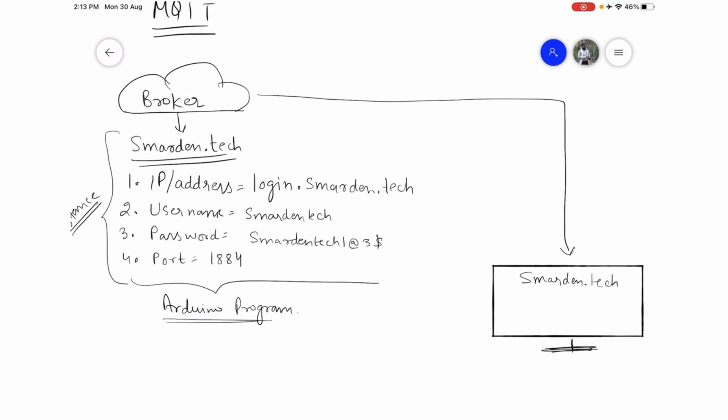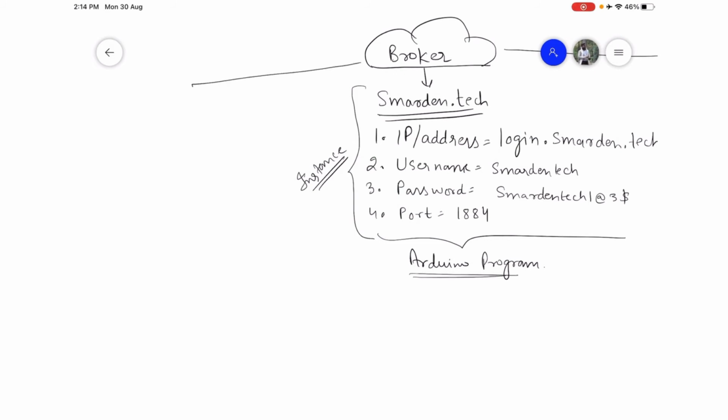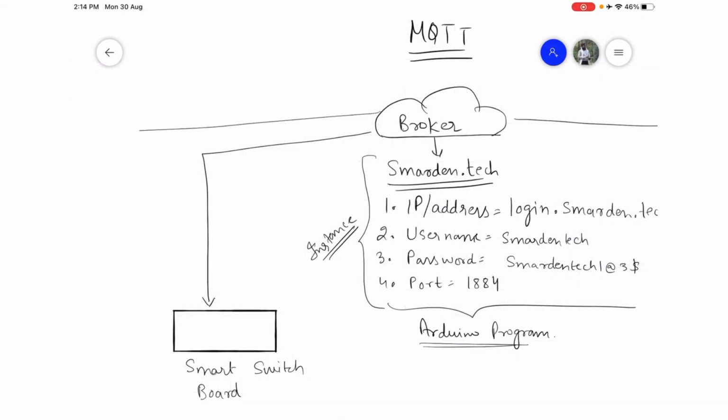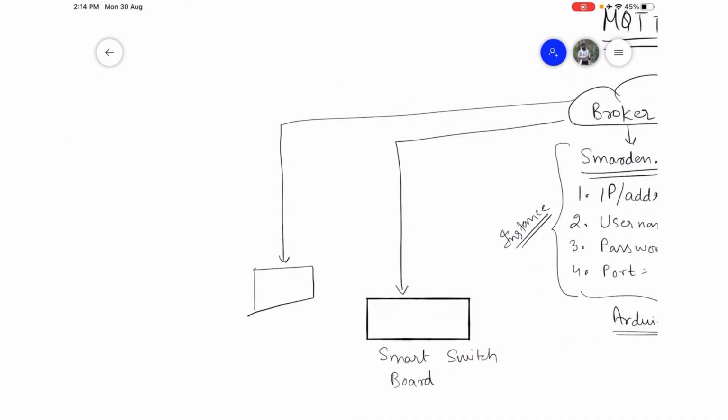On the other side, we have your devices. So in the previous video, we have built two devices. One is a smart switchboard. Let's say this is smart switchboard. And another device is a temperature sensor. This is the temperature sensor.